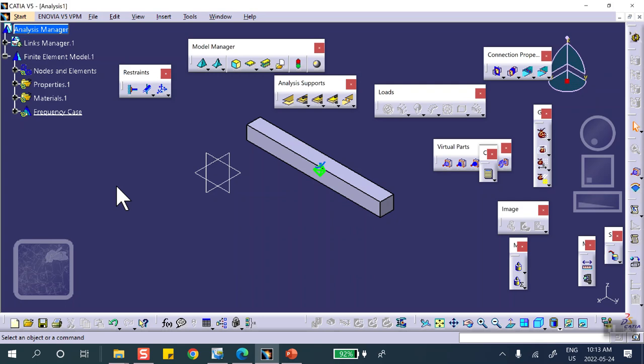Notice that my load toolbar is dim. There's nothing there. See that? The loads toolbar up there is dim. The restraint is not. That's because when you're doing frequency calculation, there is no load. You're talking about free vibration, no load. That's why there's no load up there. If I have a static, I have both restraint and the load